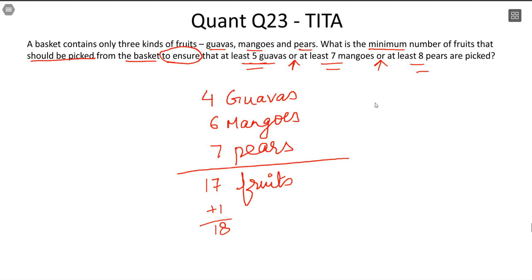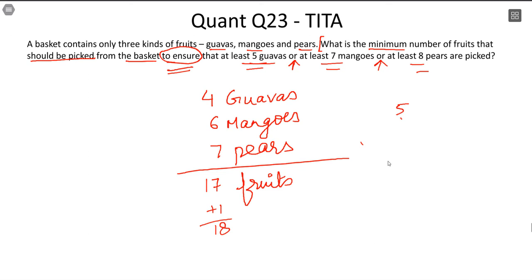And those not familiar with the pigeonhole principle usually get tripped up by the wording of the question. What is the minimum number of fruits? But 18 is the maximum. This is not the maximum. See, you have to read the sentence in entirety. What is the minimum number of fruits that should be picked up to ensure? So I could very well, in the first 5 fruits that I have picked up, get all 5 guavas and then my target is done. But I cannot say if I have picked up 5 fruits, I will definitely have met the objective here.